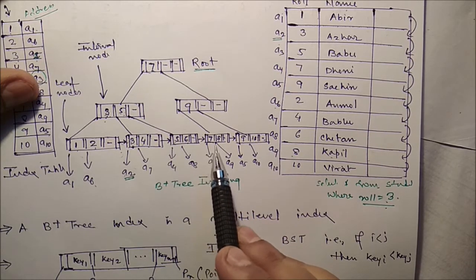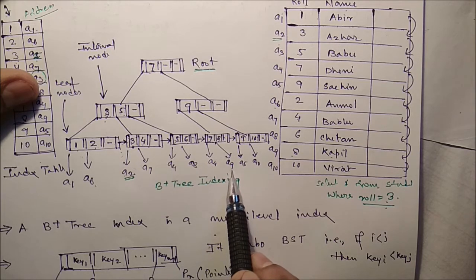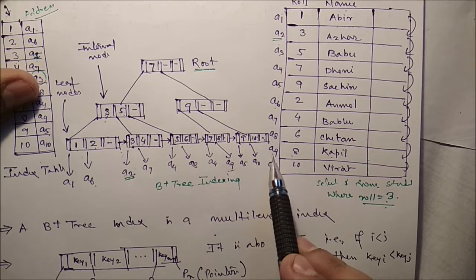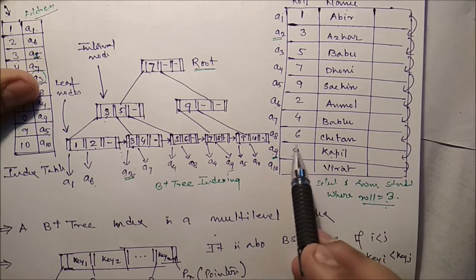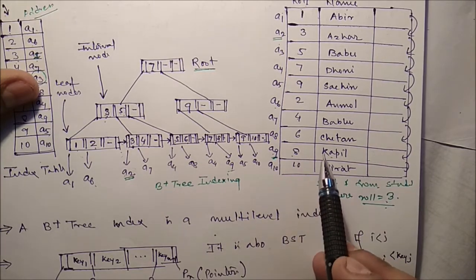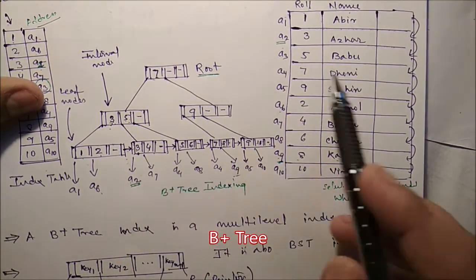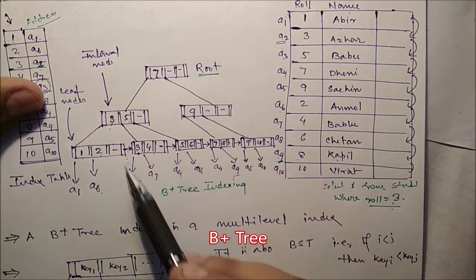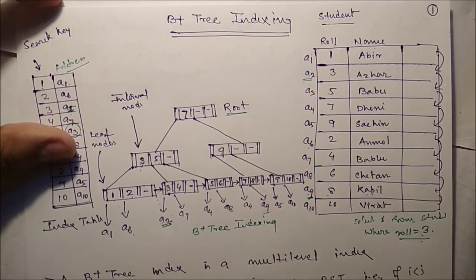Now if you read this particular part, 7 and 8, and read the left part of this data, here the address of this roll number is present. Here A9 is present. Address A9 is nothing but this one. If you read this address, we can get all the records of roll number 8. In this way, we can use the B tree to search any particular data, or in this way we can implement the B tree. Are you getting this one?